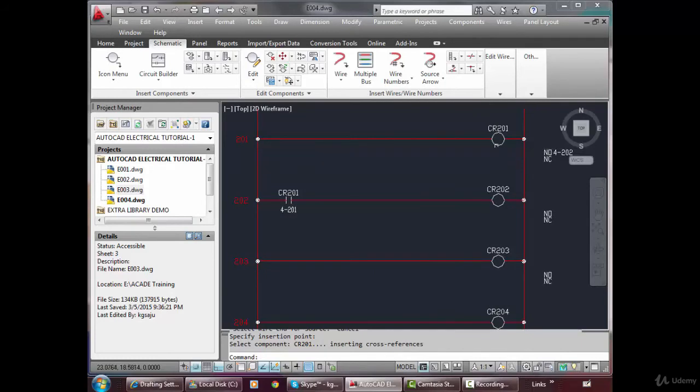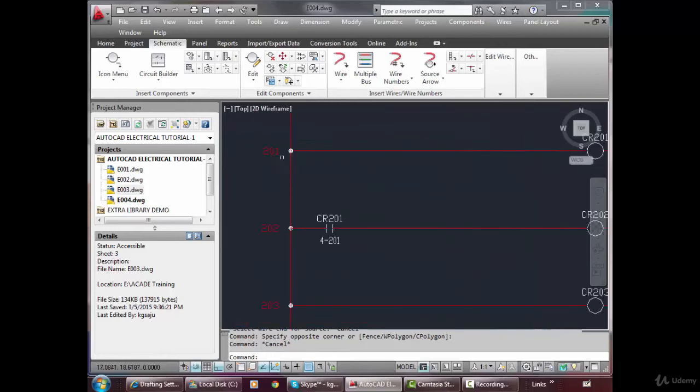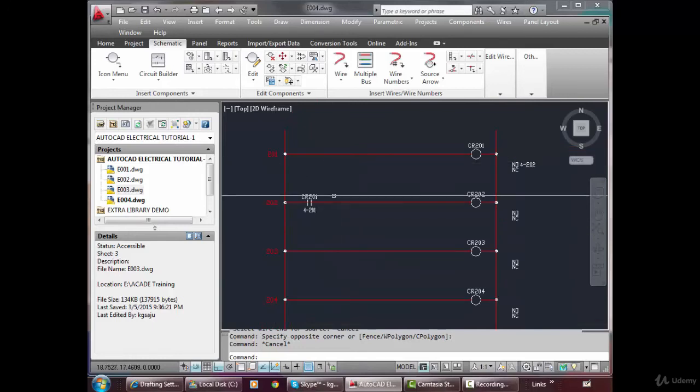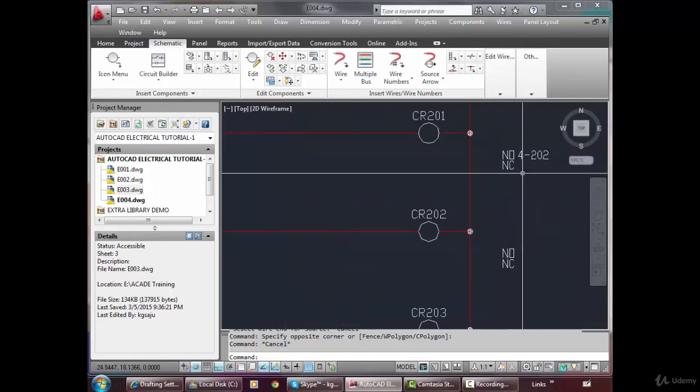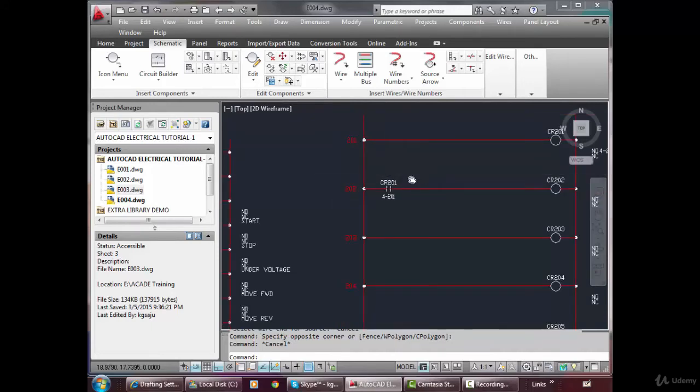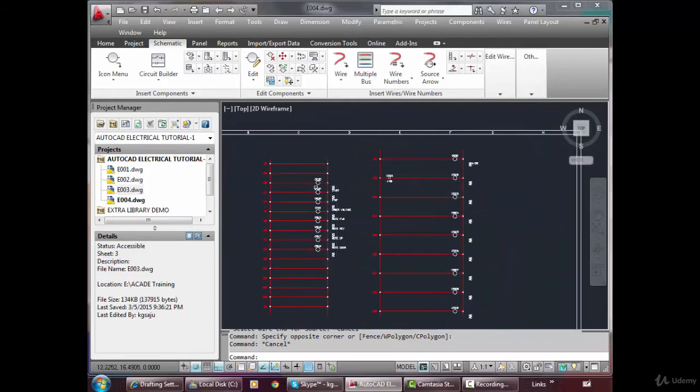See, what I have done is I have inserted one NO contact of this particular relay here. See the cross reference, it is from these numbers which is there in the left side, 4202, and here you see 4201. This is sheet number 4, that is why it's coming as 4, okay, 201.